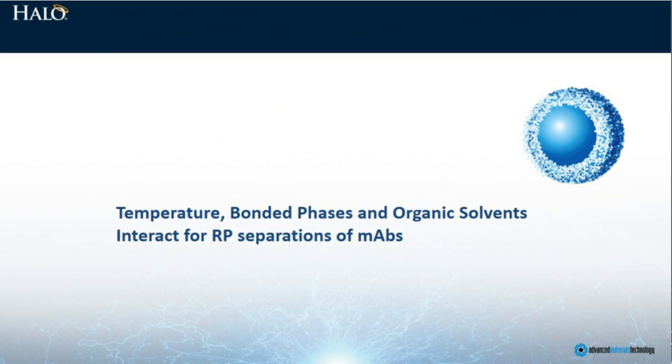Okay, so we've shown that there's some selectivity differences in bonded phases. We've shown that there's some options in terms of mobile phase modifications. Now what I'd like to do is start putting together these elements of separation to see how they interact. In other words, the interaction between temperature, bonded phase choices, and mobile phase characteristics, and specifically for the separation of